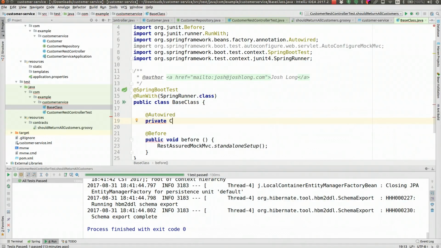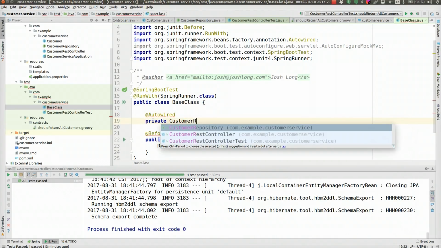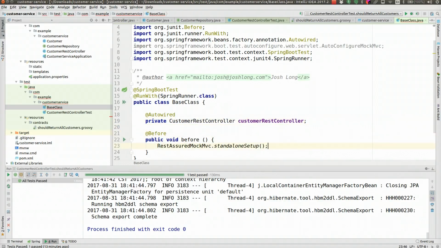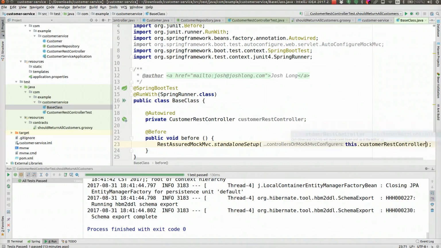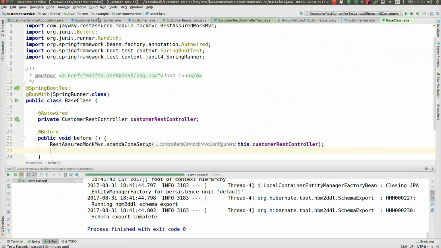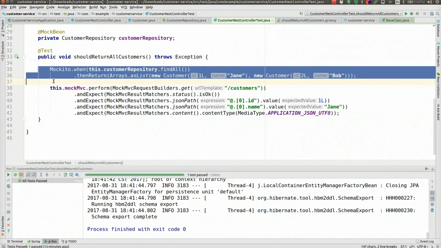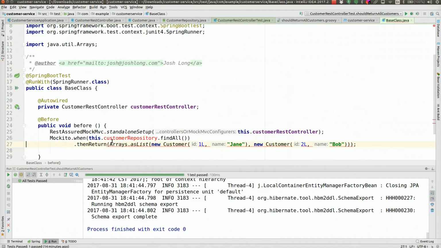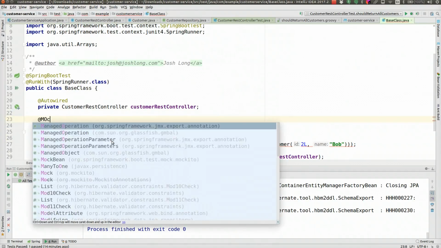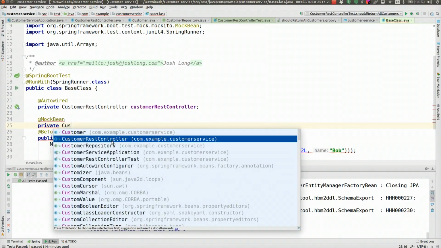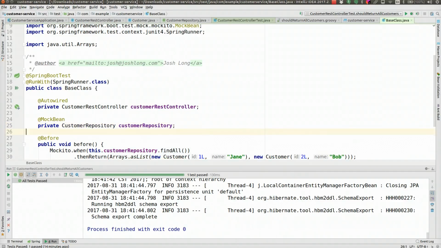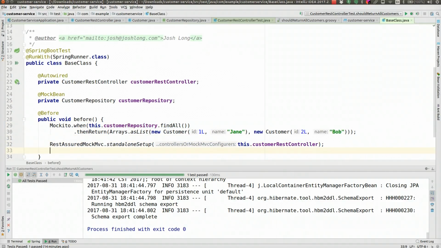So I'll say private CustomerRestController, and we'll say this dot customerRestController, and then we need to do the same kind of setup that we did before, the mocking of the data tier, right? So let's go to the test from before and just borrow this bit here, and we're going to mock out. We're going to use a mock bean for the customer repository. So we'll go to our base class, and we'll use a @MockBean private CustomerRepository. Very good. So there's our basic setup, our basic tests,